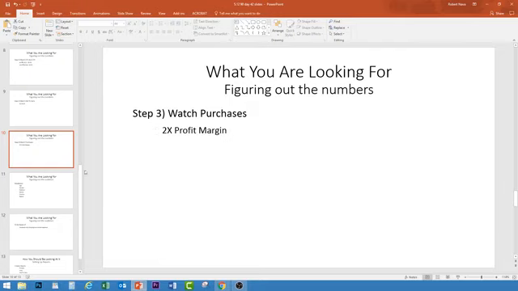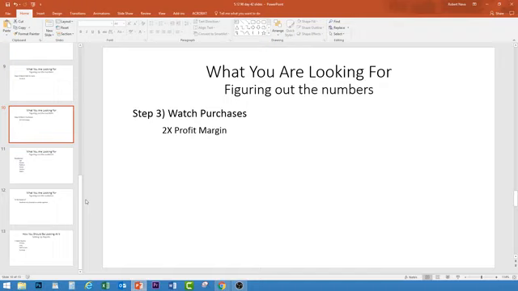Okay, so far what we've talked about is the different types of clicks, the different types of click-through rates, the steps in looking at your ads, starting with clicks, add to carts, and purchases. Oh, we also looked at conversions, the different types of conversions. Now let's look at some more things that you're looking for